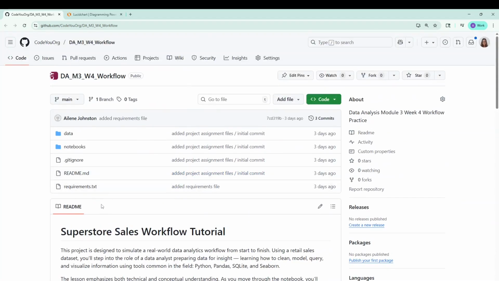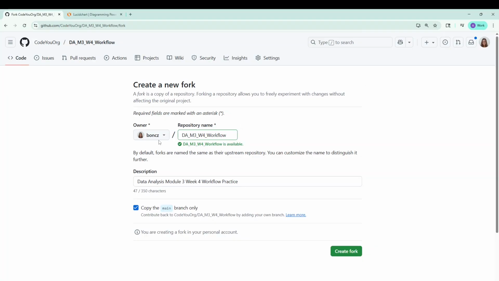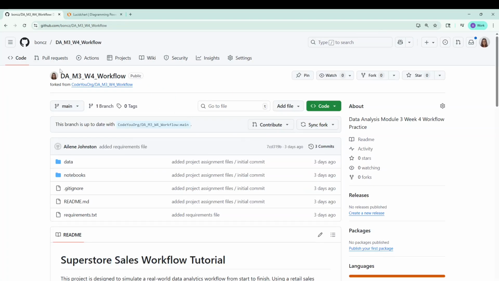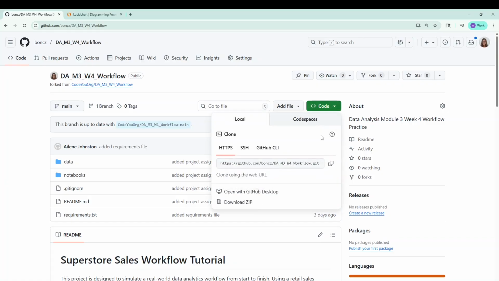So to start off, we'll just go up here. First, you want to click Fork right here. Okay, and it'll just show you here. You can change the name or description if you want to. I'm going to create the fork. And now that you see you're in your fork, so I can see now this one belongs to me and not code you, you'll press this green code button again, copy that URL to your clipboard,